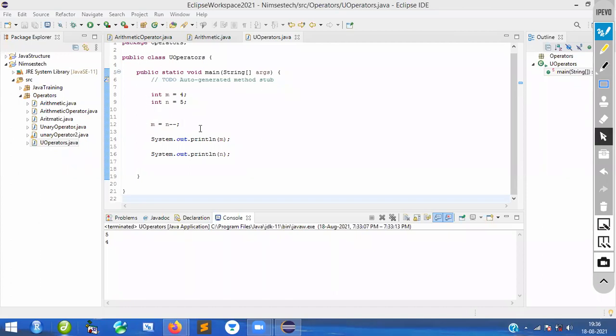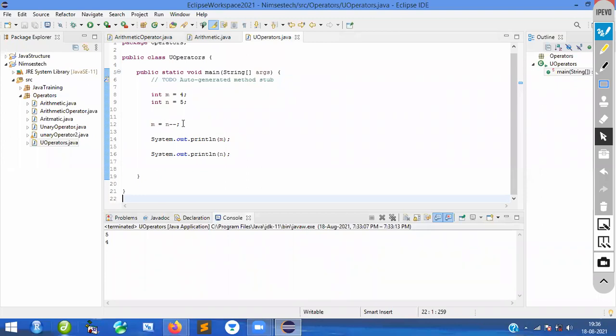So in this only I will change. Here, what I will do. So we are doing post-increment, right? Here we are doing post-decrement.